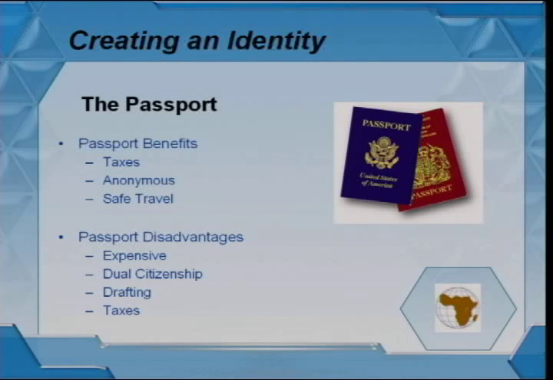Basically, those are individuals who have several nationalities in several countries. Most of the time, they travel under the proper identity, but under a different passport. However, some of these individuals have different names on different passports, which makes them nearly truly anonymous. That's the second part, being anonymous. And the other one is called safe travel.